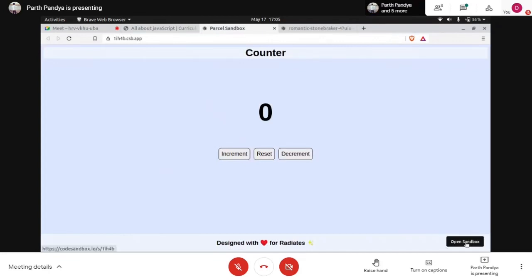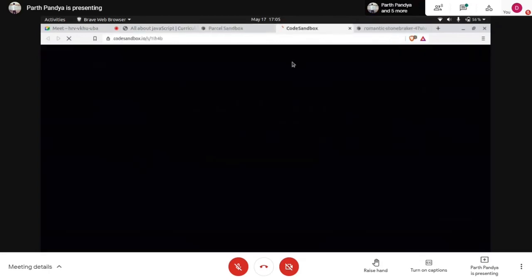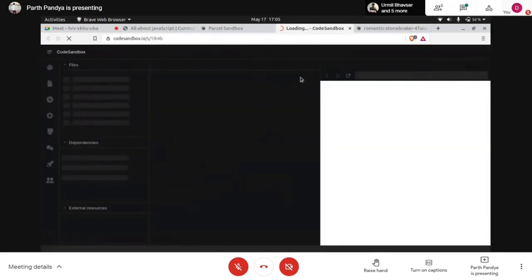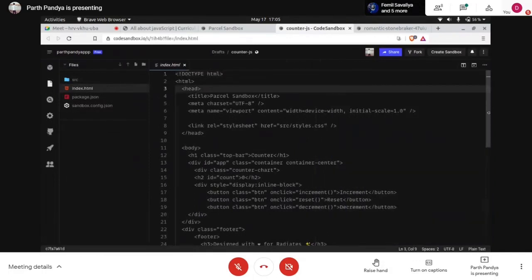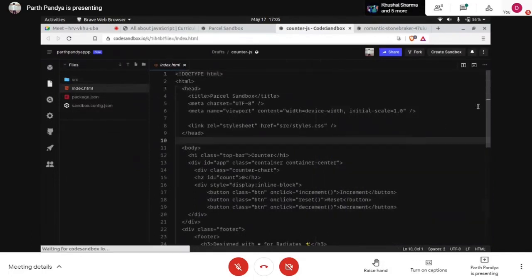You can click on this open sandbox, and it will take you back to this source code. Let's wait, it's loading. Okay. First of all, let's do a walkthrough of this HTML file.